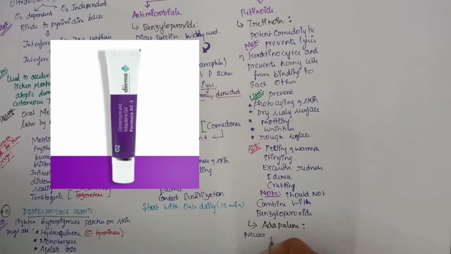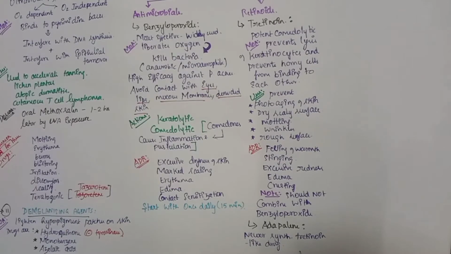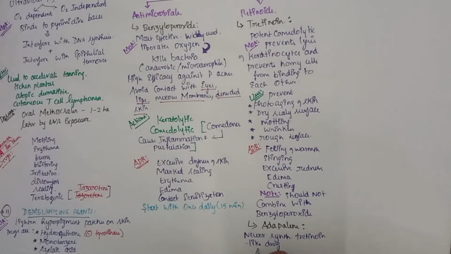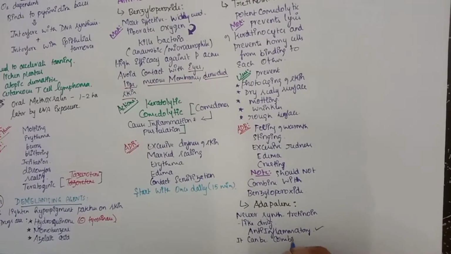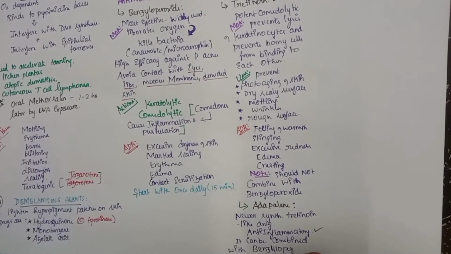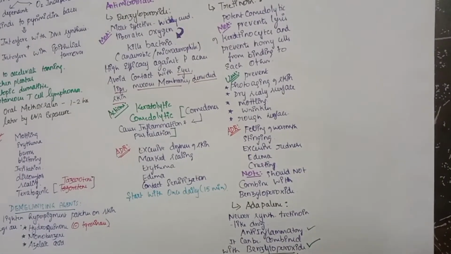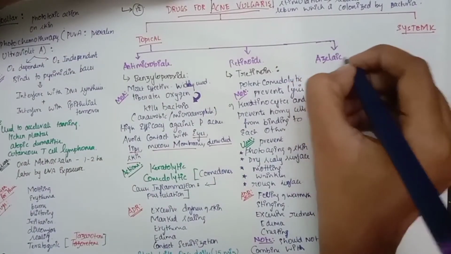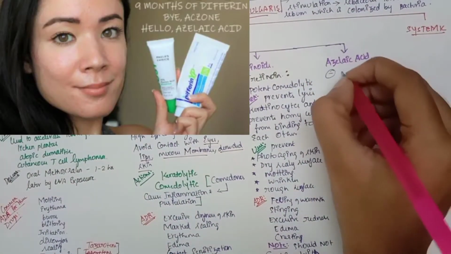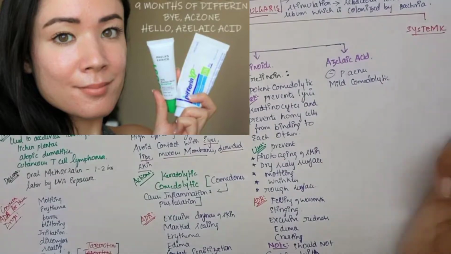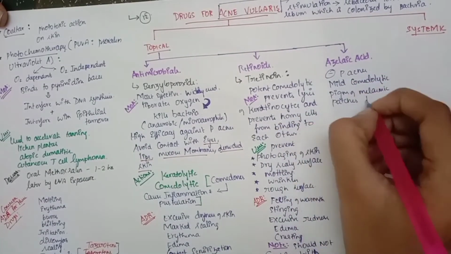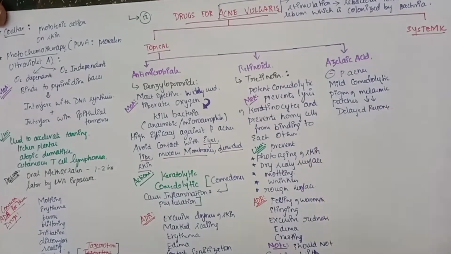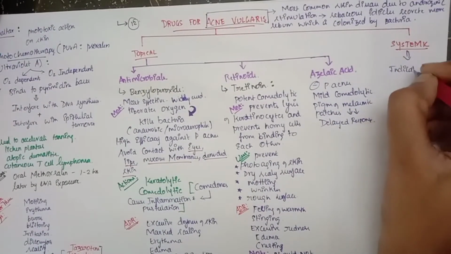The next drug is adapalene. It is a newer synthetic tretinoin-like drug, and the actions are anti-inflammatory. What we should note here is that it can be combined with benzoyl peroxide. So tretinoin should not be combined, but adapalene can be combined. The next drug is azelaic acid. It inhibits P. acnes and has mild comedolytic properties. The pigmentation of melasmic patches also decreases, but it has a delayed response.